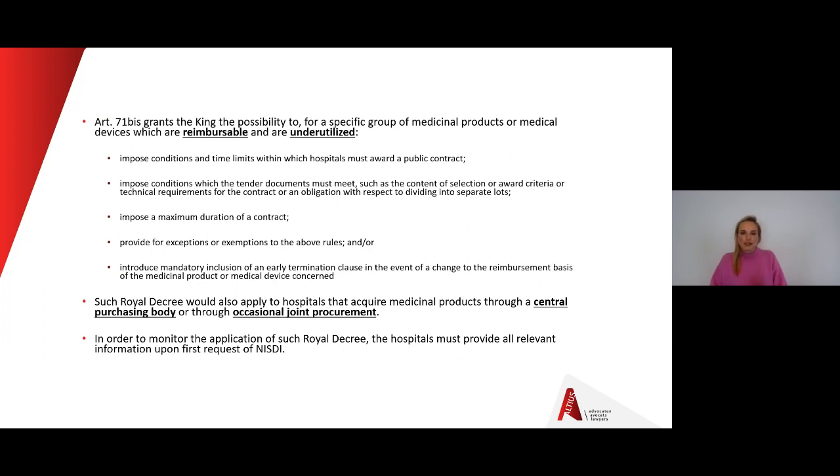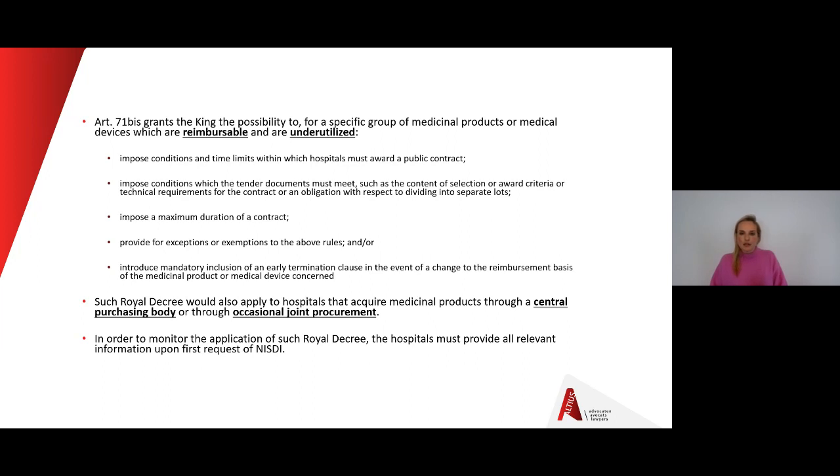But that's also more a technicality, but the royal decree, if it would be drafted by the king, would also apply to hospitals that would acquire medicinal products through a central purchasing body, or even when they would occasionally jointly procure medicinal products or medical devices. What's also in Article 71 bis is that the hospitals must provide all information in this respect to NISD upon